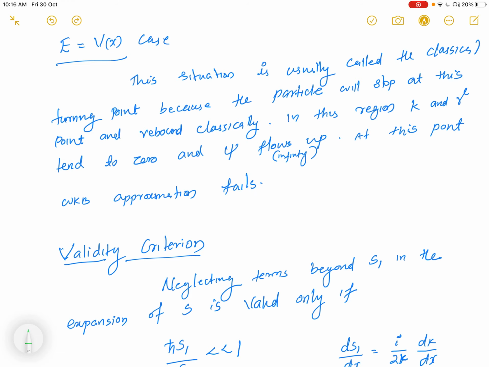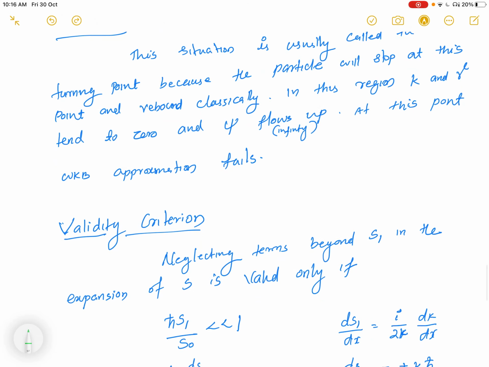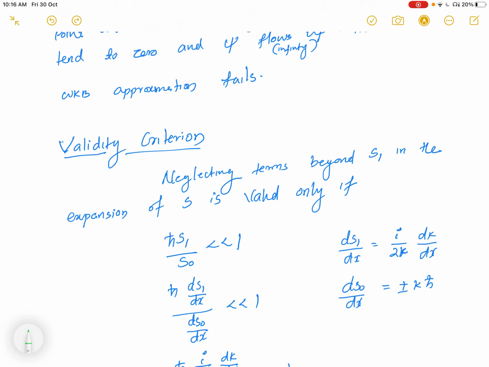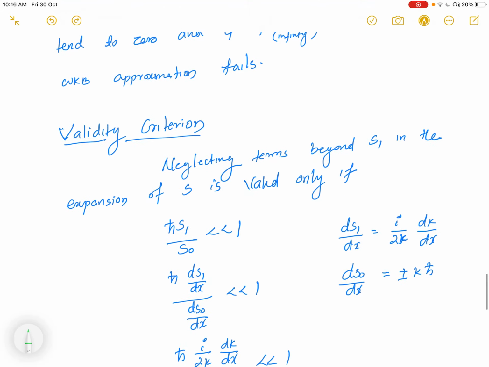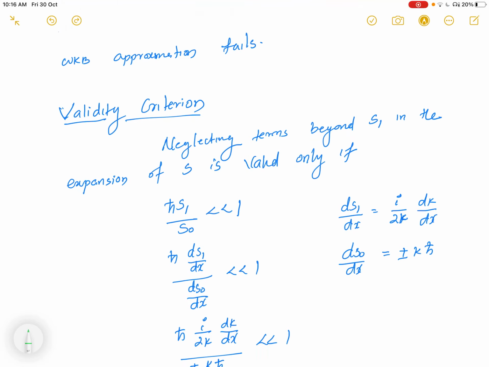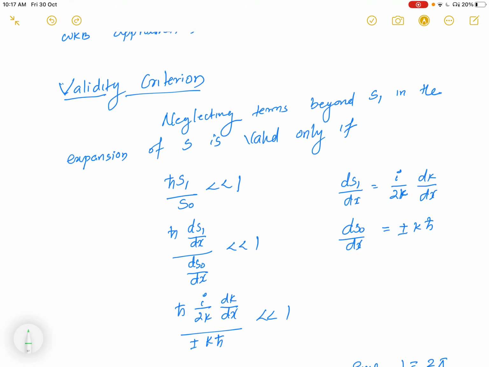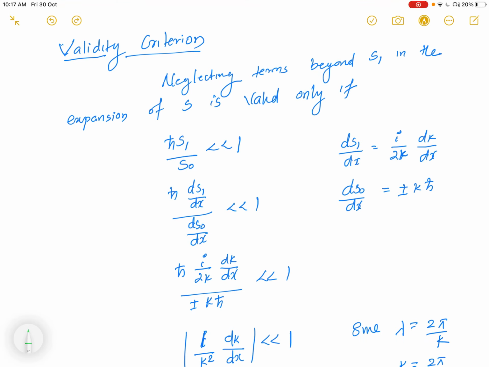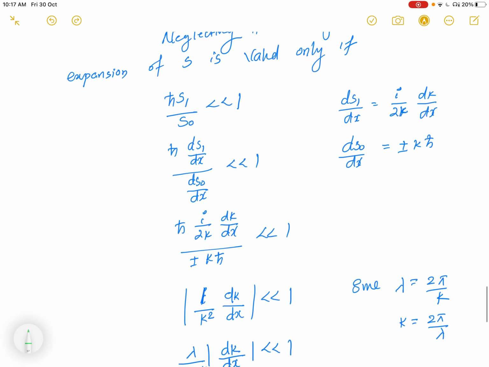So this is how we can find the WKB wave function. Now the validity criterion for the WKB wave function: I chose an approximation where I took the terms up to h cut. Neglecting the terms beyond S1 in the expansion of S is valid only if h cut S1 by S0 is much less than 1. Rearranging this, h cut into dS1 by dx over dS0 by dx is less than 1. We already found dS1 by dx is equal to i by 2k dk by dx, and dS0 by dx is equal to plus or minus root k. Substituting here,